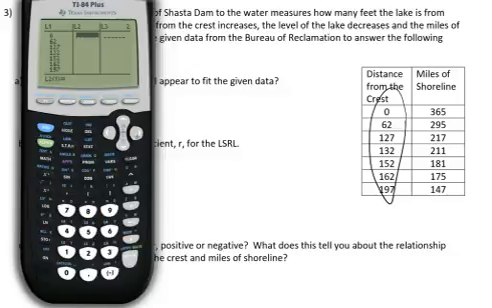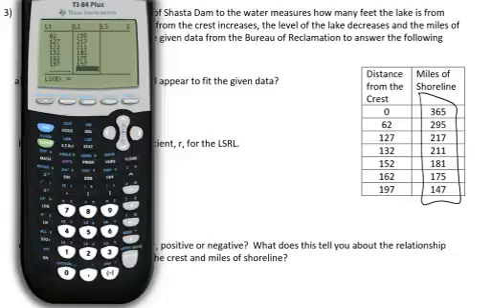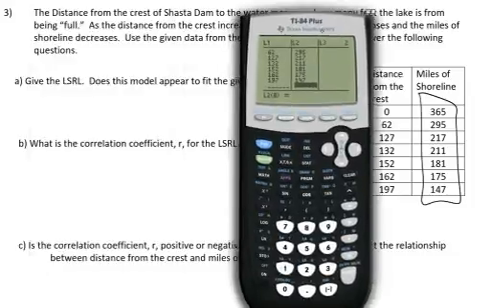Now we go over and we're going to enter the Y values, which are the miles of shoreline. We're going to enter these in list number 2, and I'll pause the video to do that. So I just entered the last value, 147, for miles of shoreline. So now the data's in here, and we're ready to go ahead and find our least squared regression